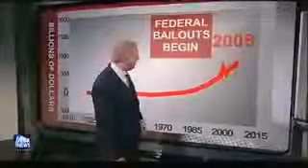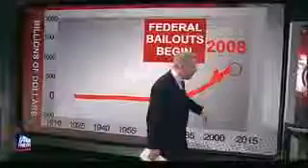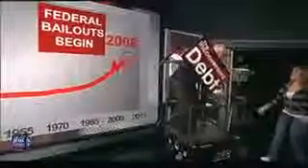Remember how everybody was freaked out that the world was coming to an end? Do your patriotic duty. Go spend. Go out there and get into the stock market. Well, we did. And then this is the kind of spending we get. As you see here, the federal bailout's just about to begin. Let me get into my Al Gore machine. Oh, it's a real inconvenient truth now, isn't it, Al? Look at this hockey stick.